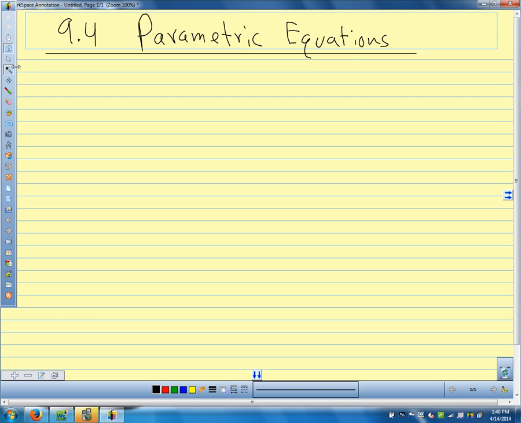We have used parametric equations in the class before. We just didn't call them parametric equations. One example, and you probably use them in your science classes, is projectile motion. You have your x coordinate as some function of t, so distance equals a function of time,